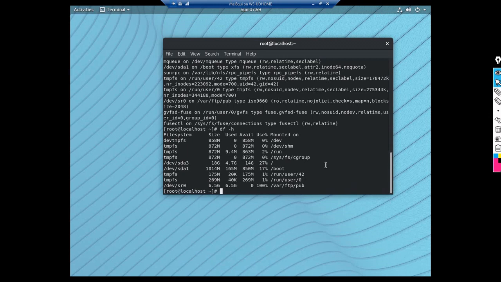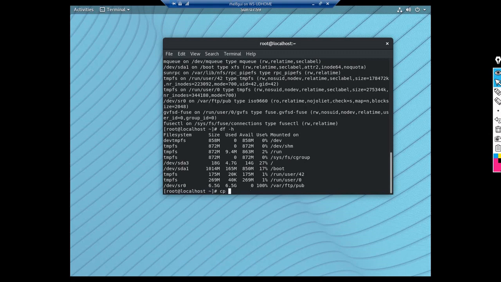You can either copy the contents to /var/ftp/pub, or you can mount directly to the pub directory, but this ISO file should always be available in the system. If you are ejecting this ISO file, maybe your pen drive or DVD, then you have to copy all the contents to /var/ftp/pub. I already mentioned that.